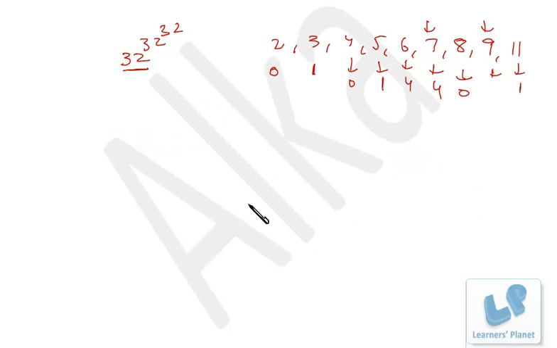Now similarly we see for 9. So 9 is 27 plus 5. So the first remainder will be 5 raised to 32 raised to 32. So 5 raised to 32 raised to 32 can be written as minus 4 raised to 32 raised to 32, because 5 is minus 4, right? So minus 4 raised to an even power will be positive only.